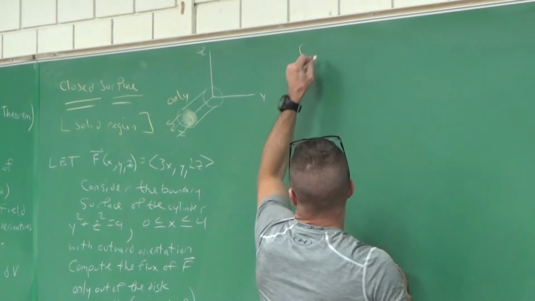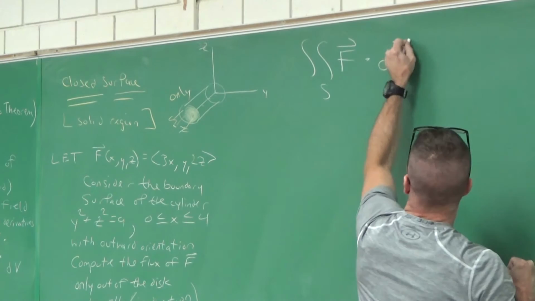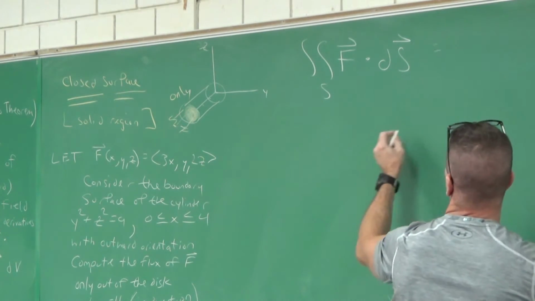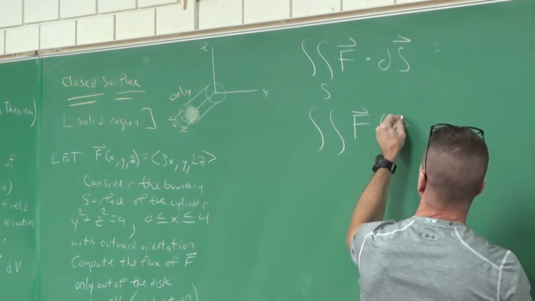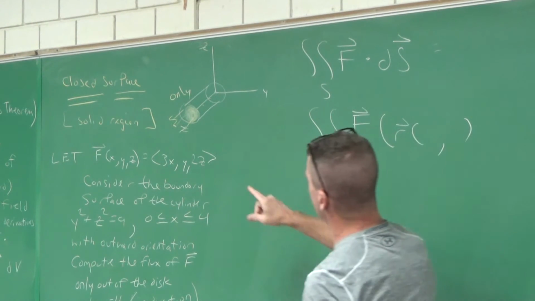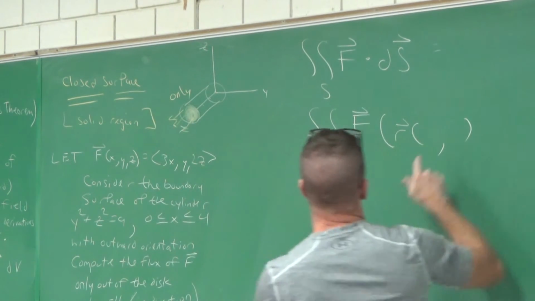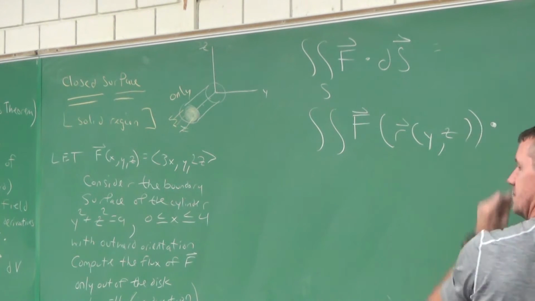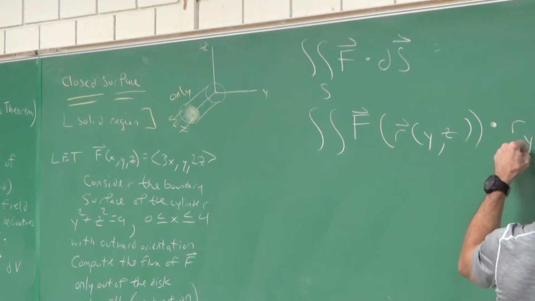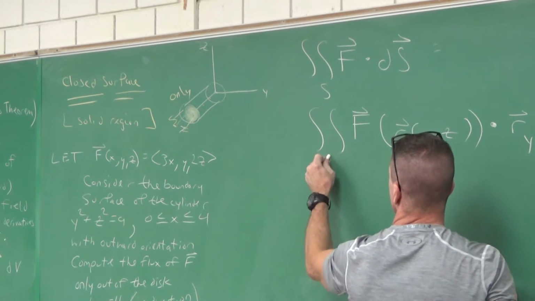The flux over a surface is equal to the surface integral of F dot dS. We've got a nice vector on that, and this is equal to F composed of some surface. Now, I want to think how you want to project that. Couldn't we project that onto the YZ plane? So I'm going to write r composed of y and z, our surface. Then it's a dot with the normal vector, r_y cross r_z, and I'll put dA, and this is just going to be that region D.